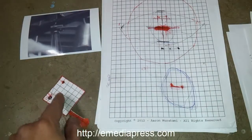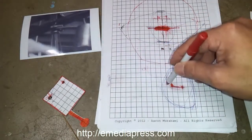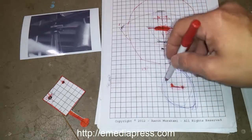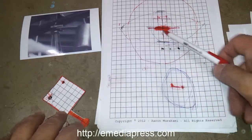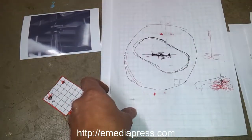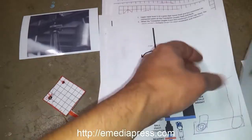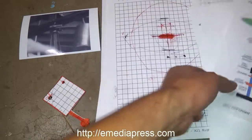Okay, I just want to show a little example of how that mechanism is working and how to translate this type of motion here, where this lever is mostly going back and forth. There is a little bit of circular motion to encourage it, but the primary point that I'm going to show you is, well, first of all, if you do what I'm doing, you're going to be able to trace some interesting elliptical type orbits. Okay. Let's see here. So it's basically kind of going in an orbit like that,